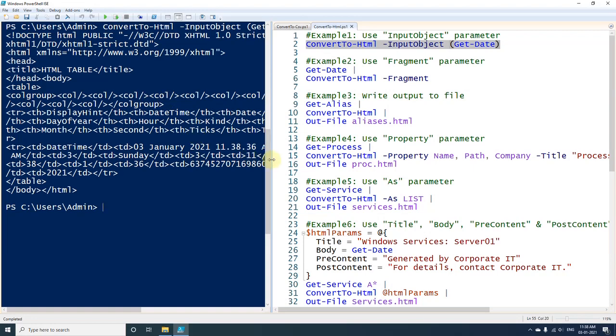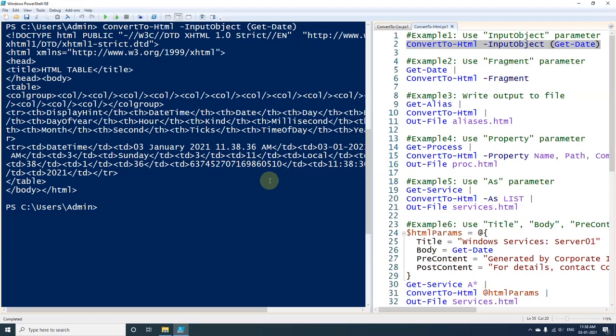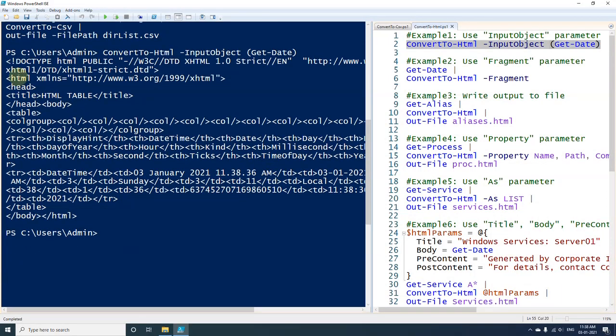So here you can see on the left side of the screen that we have got output in entire HTML format. This output contains first of all the declaration of doctype, and after that we have got html, and again we have got head and title, and under title it is saying HTML table, and again body is starting, and in body we have table, and in the table we have table header and table data.